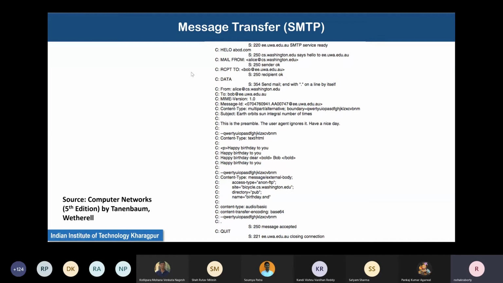On that, it will piggyback some information saying, yes, this message is fine, but I also received your previous message properly. So it is said that the acknowledgement is piggybacked on the next message that is sent back from the other side.